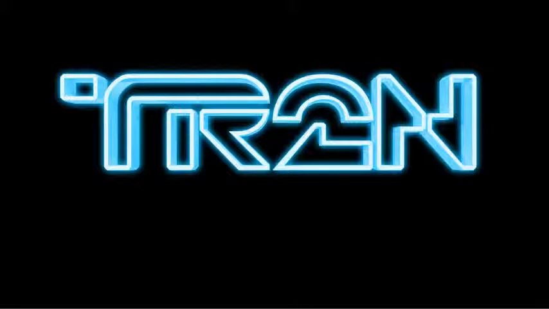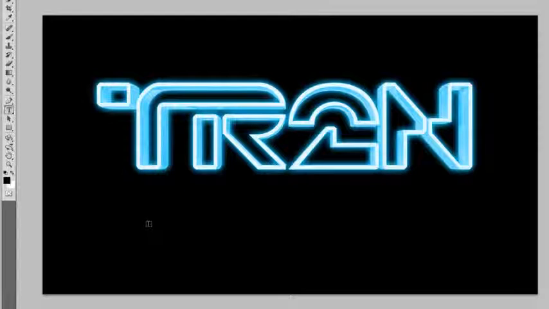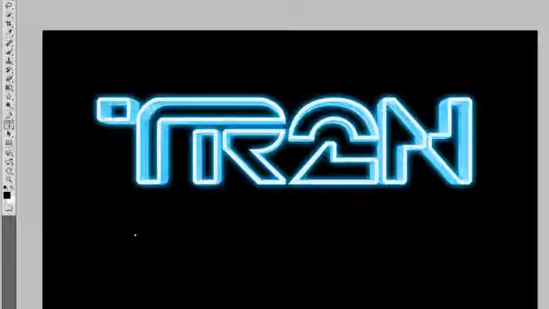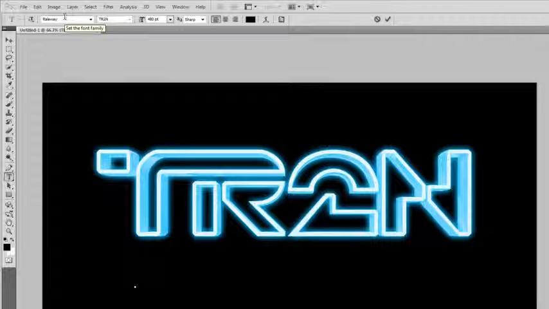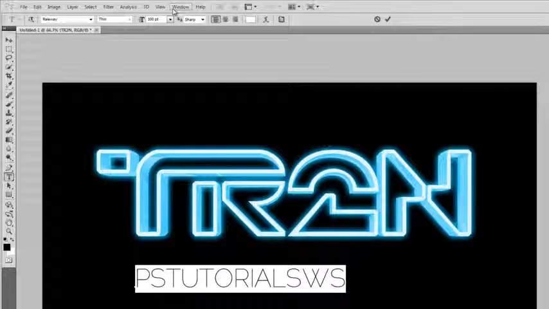We're now going to create the subtitle. Select the Text tool and type some text below the TR2N text. I use the font Railway. If you have the new Helvetica 35 thin font, you can use that instead. It's the same font that was in the movie Tron, but it's not free. If you want to increase the spacing between the letters, go to Window,